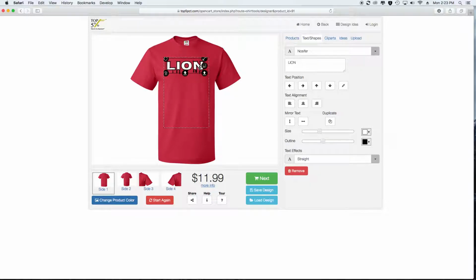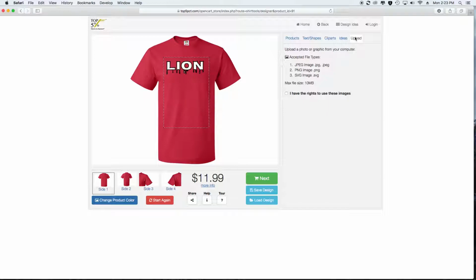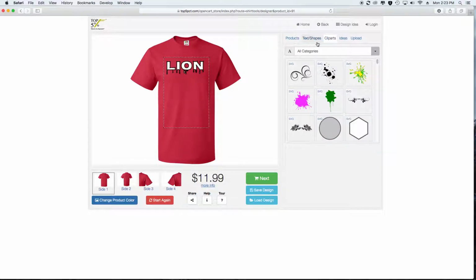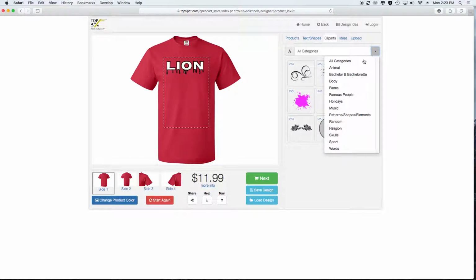Now, in case I didn't mention this, you can upload your own graphic. If you have your own graphic, put it on the shirt. If you got any ideas, you can use any of these idea templates to help you get started. And we have a number of categories for you to choose from. So let's say you wanted to add some clip art to the image. Okay. Let's say we want to go with,